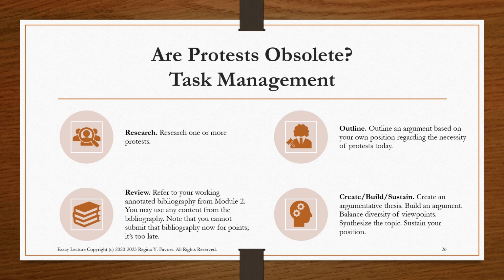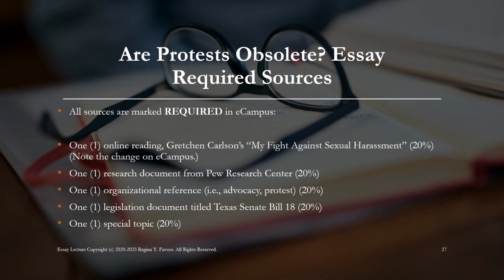So whatever you start off saying at the beginning, yes answer, yes, protests are obsolete, you can counter however way you want to counter in the middle, but by the end of your essay and your conclusion, you must end on that position. Yes, protests are obsolete, right? If you begin with a no, protests are not obsolete, anything that's in the middle is going to be a yes answer. So then by the end of the essay, your position should end on a no. No, protests are not obsolete. Okay, so are protests obsolete?